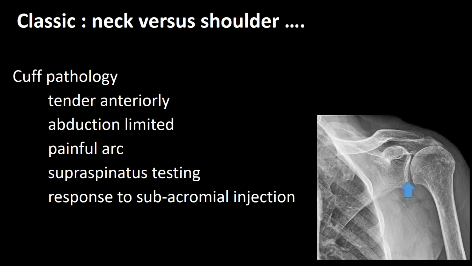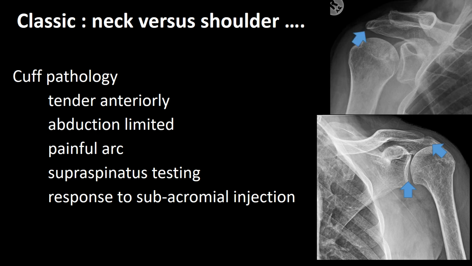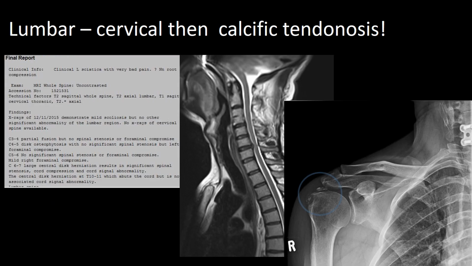The X-ray on the right confirms the superior migration of the humeral head due to the loss of the cuff's normal downward function. There may be reduced subacromial space, and in the X-ray above you can see the so-called eyebrow sign, which is a sclerosis underneath the acromion indicating early impingement. This patient presented with initially lumbar pathology, then cervical, undergoing an ACDF, when all along the predominant symptoms for the patient were calcification in the rotator cuff, which can be an extremely painful pathology.